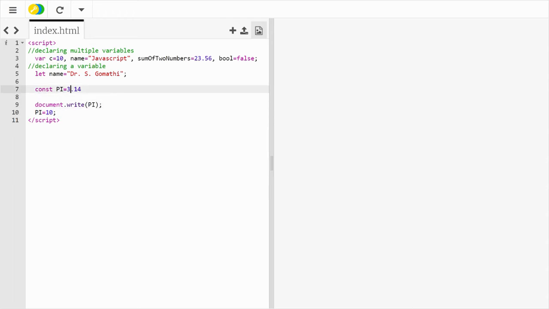So what it will do is it will show some error if you execute in your web browser. What happens here is it cannot execute any pi value because pi we have declared as a constant, that is const, whereas you are trying to change the value here. That is why it is showing an error. It will show an error if you are trying to use it in a web browser, because here you're trying to assign a value to the constant value.